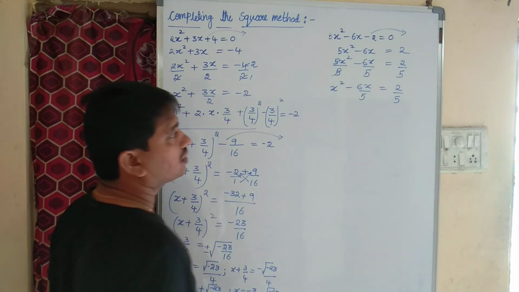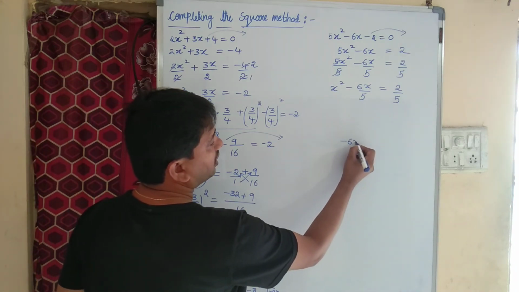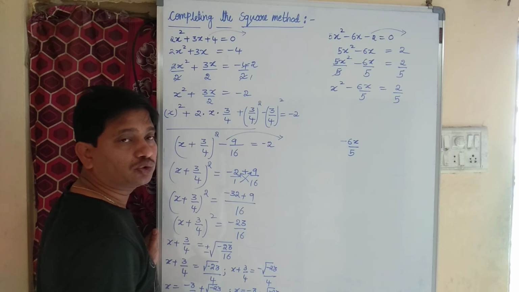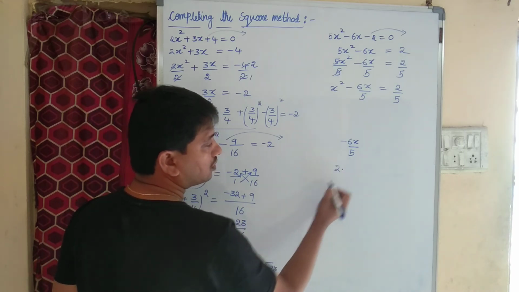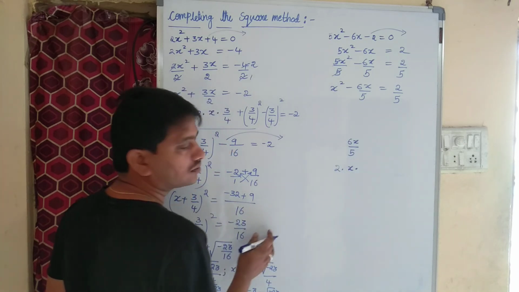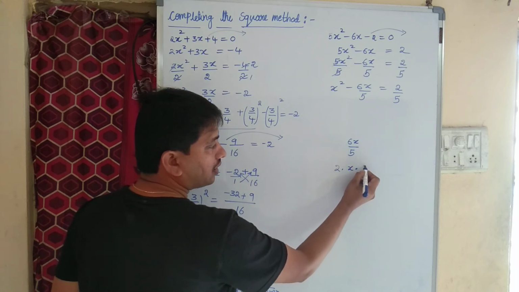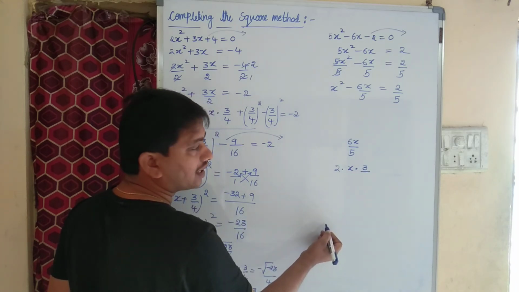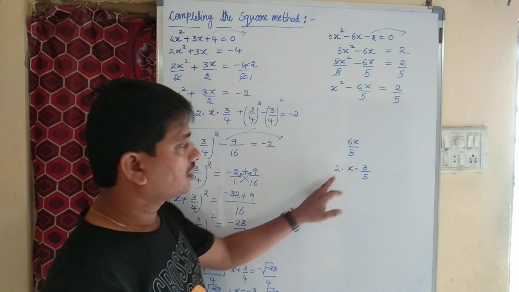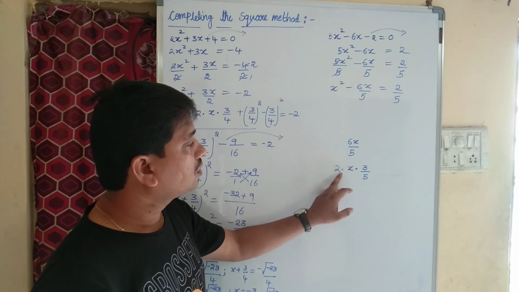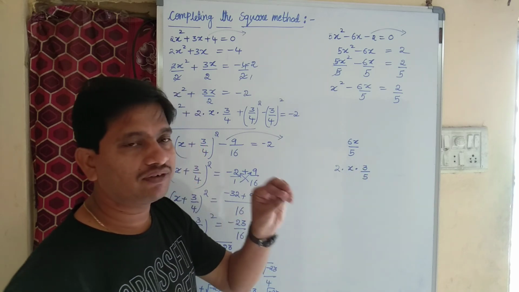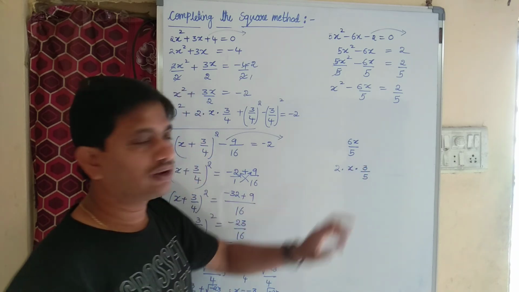Now coming to the second question, if you see here, actually we have the middle term minus 6x by 5, children, this term. How can we write it as 2ab? Listen children, 2, as the value of a is what, children? The a value we already know, that is x. Now b value is what, children? I can write it as 3 by 5. If I write as 3 by 5, 2 into 3, 2 threes are how much, children? 6x by 5. So what is the value of b here, children? The value of b is 3 by 5.